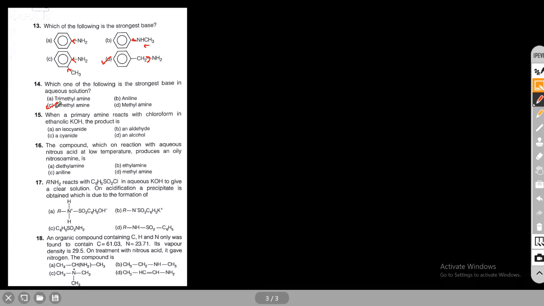Question number 15, you are getting A. This is also a direct reaction, right? We'll get isocyanide, RNC, from this. 15th, A is correct. 16th,